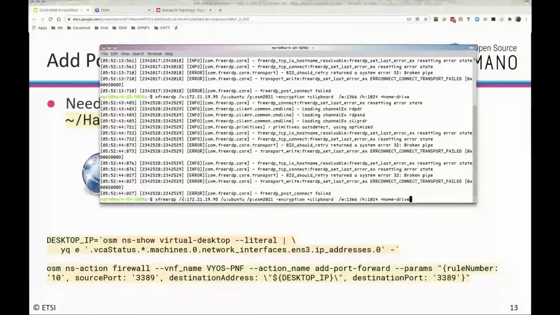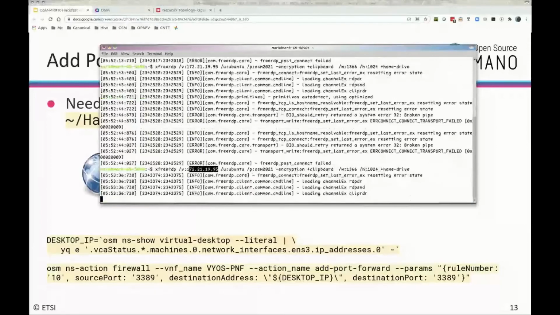So now when I initiate my remote desktop connection, and anyone who's doing it from Windows, it's the IP address of your firewall. Your username is ubuntu and your password is OSM 2021. And so when we launch this now,